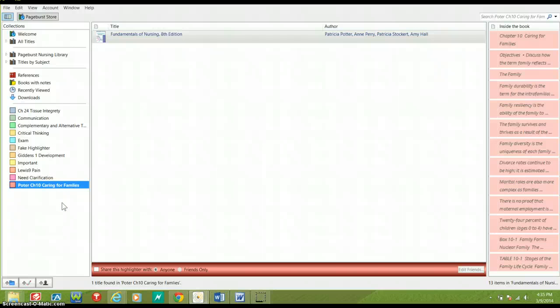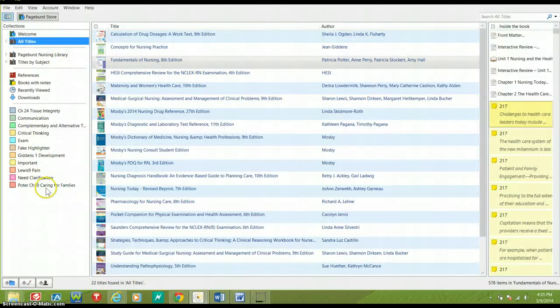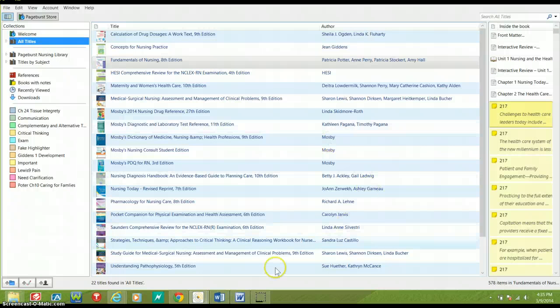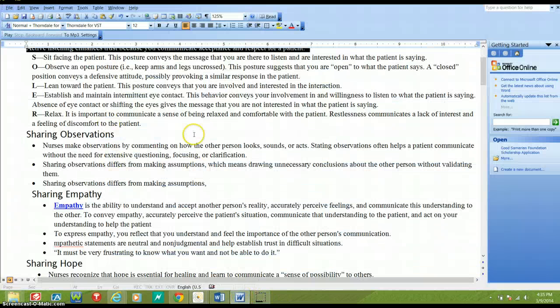Now, what I was trying to show you before is we may get to a point to where we can just share our highlighters. All I did is I went from where I was at here in titles, and I clicked on the highlighter that we created. And you may be able to just share these highlighters, and I'll have to figure out exactly how to share those highlighters. That way, whenever you go back to your titles, instead of depending on somebody else's notes they were able to create in Microsoft Word,